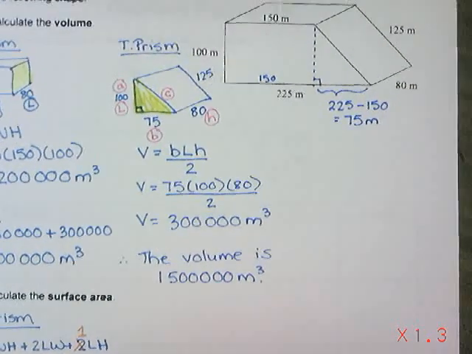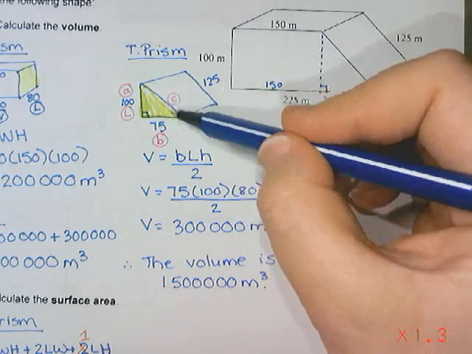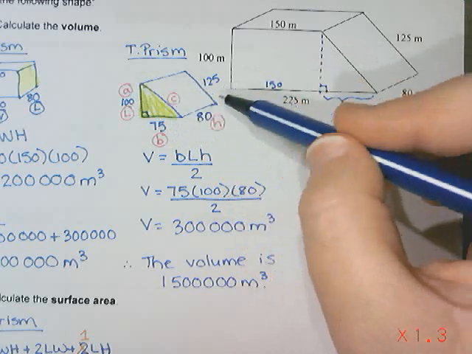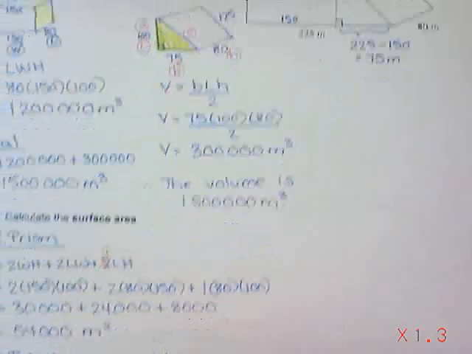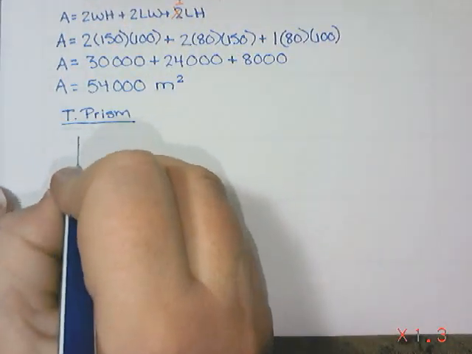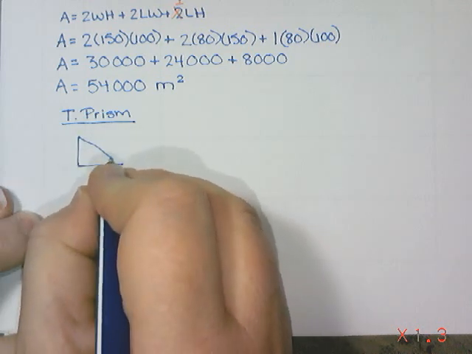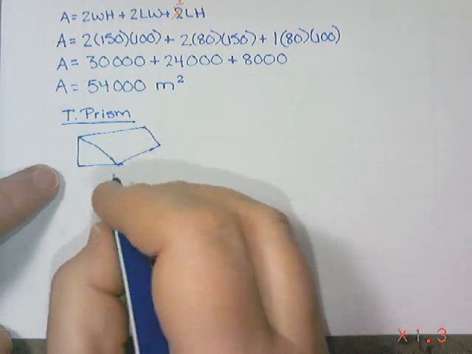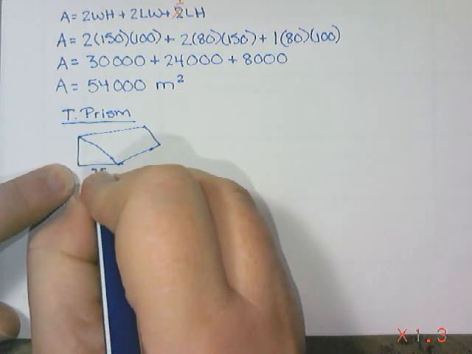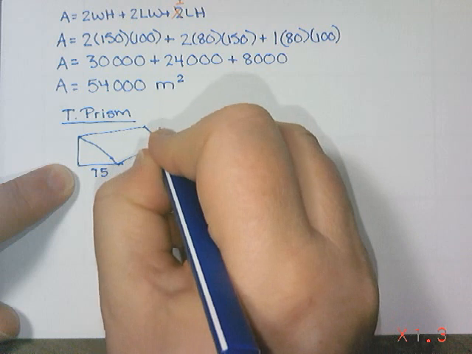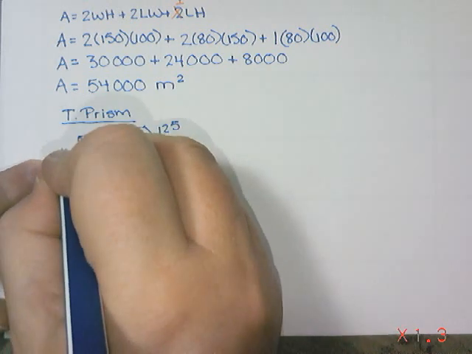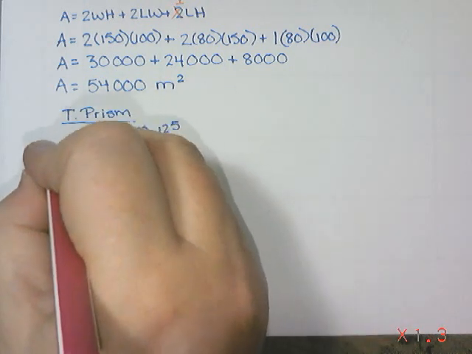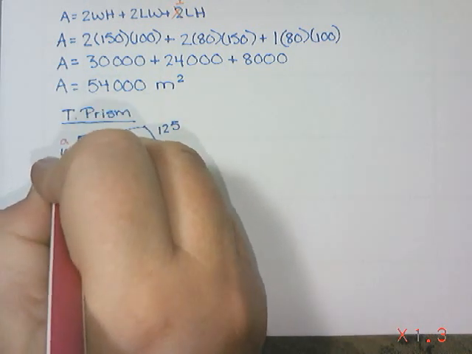Okay, I think because I need to highlight one of the sides, and I've already highlighted a side on here, I think I might actually redraw this down below. So I'm going to do that very quickly. That was very poorly drawn on my part. Okay, so we have 75, 80, 125, 100, and we had already labeled that this was C, A, and L,